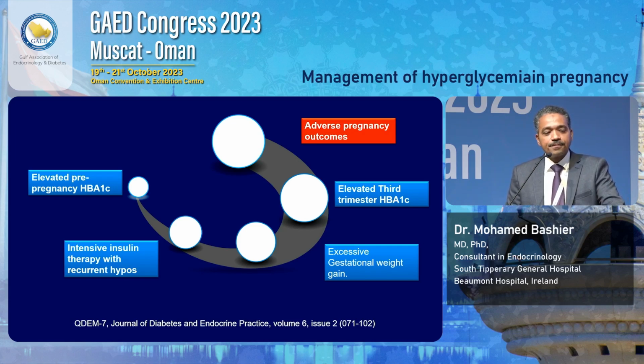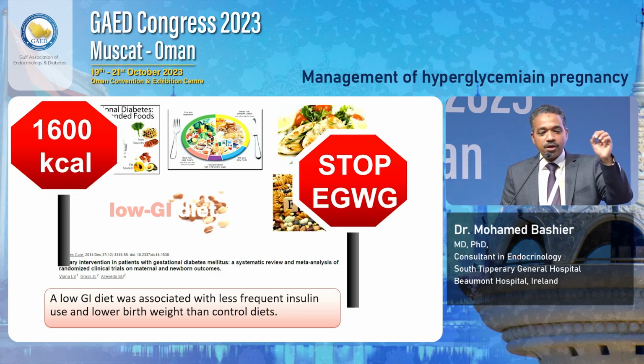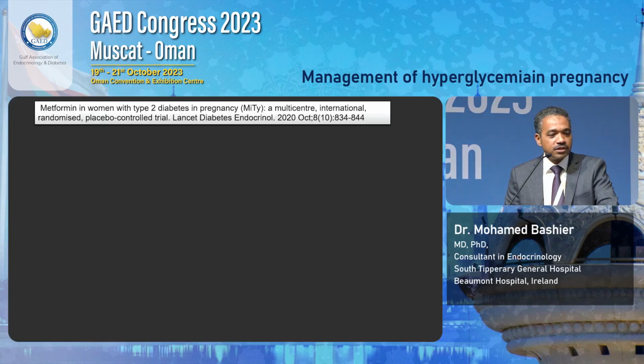Because of that, gestational weight gain comes into play here. So managing women with type 2 diabetes, it's very critical to be aware of and manage gestational weight gain, and try to prevent it. In our cohort, we offer 1,600 calories, which is the lowest one, to all the women with an HbA1c at conception of 9% or above, because that's what our data showed us, and all the women with a BMI of 35 and above, in order to prevent excessive gestational weight gain. As I said, we were happy with the results so far, but when we're ready to present it, we will hopefully present it at this conference next year.